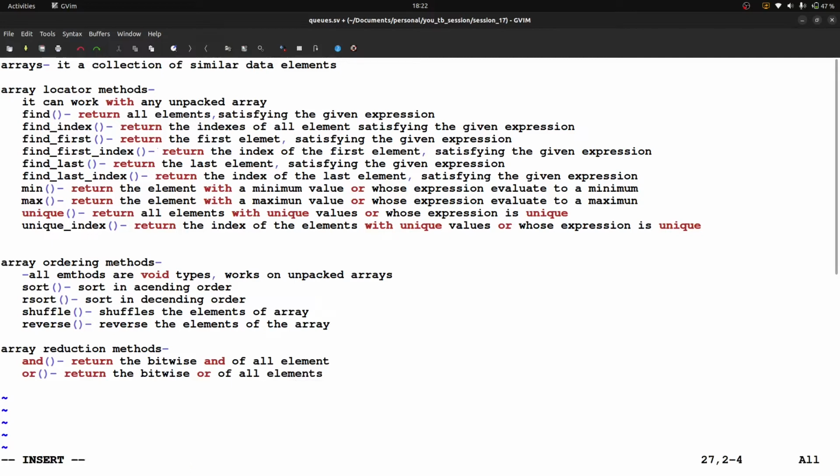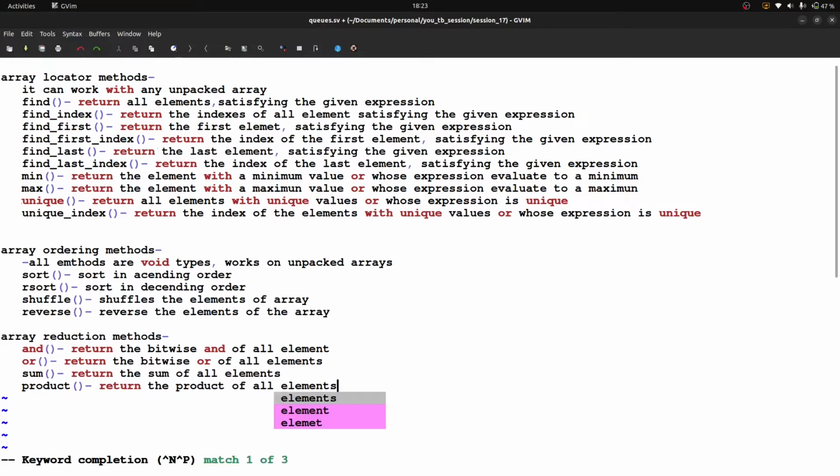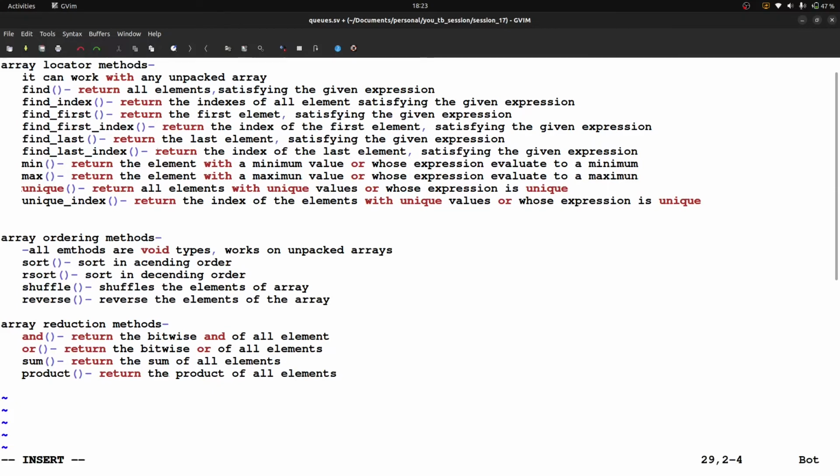Next one is sum. Return the sum of all elements. Next one is product. Return the product of all elements. Next one is XOR.